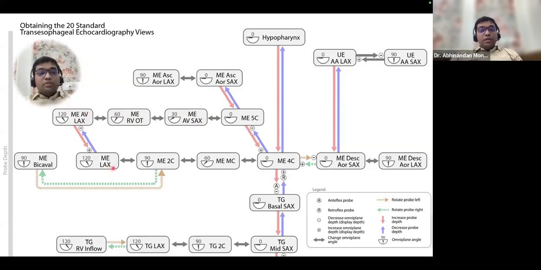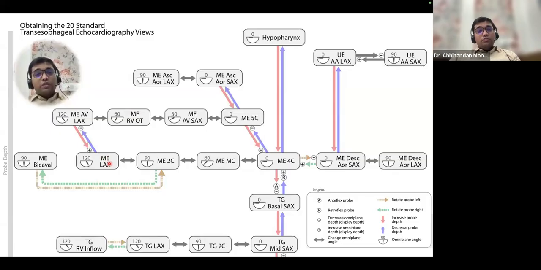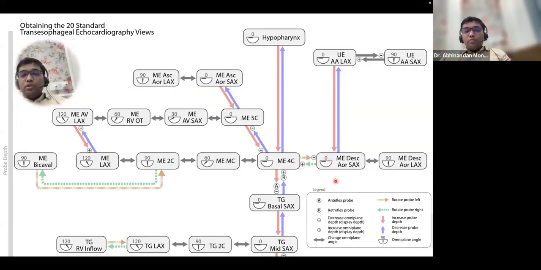So just remember that the mid-esophageal long axis view and the mid-esophageal aortic valve long axis view are only a gap apart when you withdraw. If you withdraw from your mid-esophageal long axis view, you will get the mid-esophageal aortic valve long axis view. Sorry. So from the mid-esophageal four chamber view, if you rotate your probe entirely